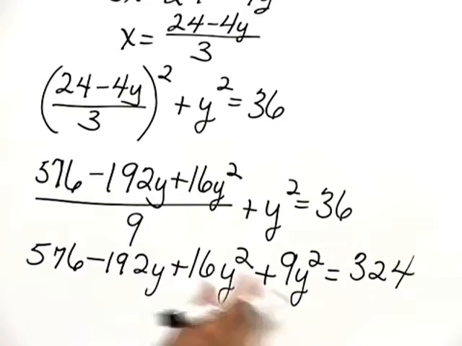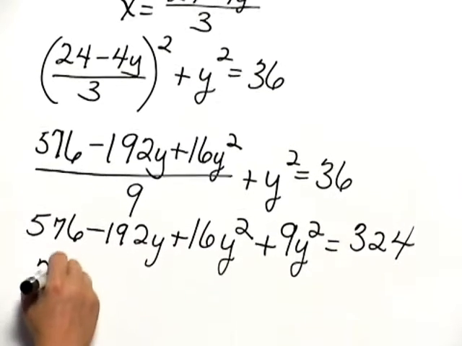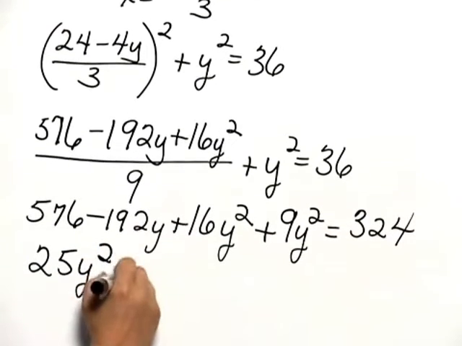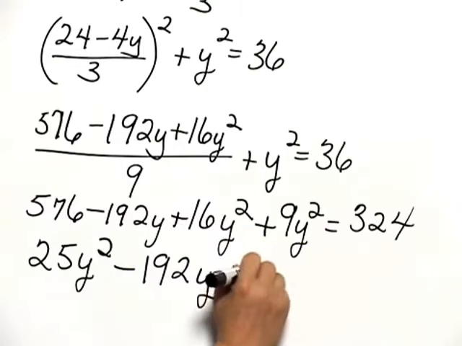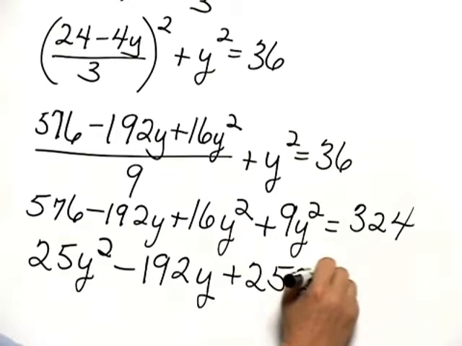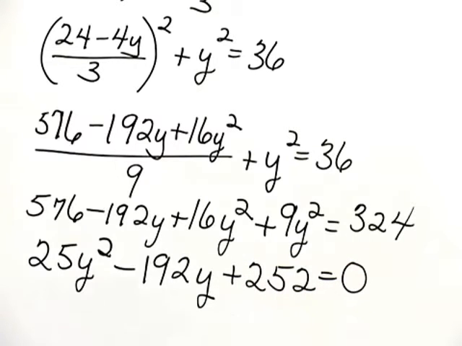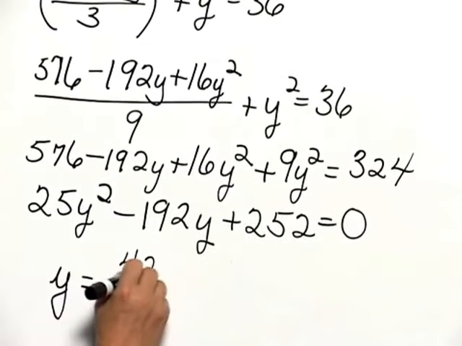That's clearing the equation of fractions. And then when we combine terms, we get 25y squared minus 192y. And then 576 minus 324 gives us 252. Now we have a quadratic equation. It turns out that this quadratic equation does factor, though it might be kind of hard to see that, so you might want to solve this using the quadratic formula. Either way, factoring or by using the quadratic formula, we would find that y equals 42 over 25